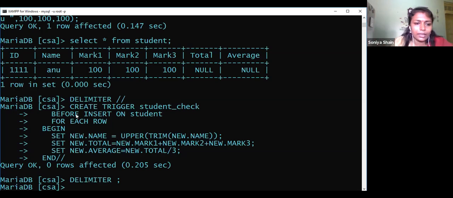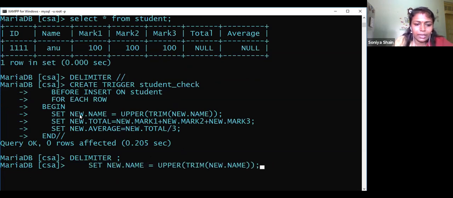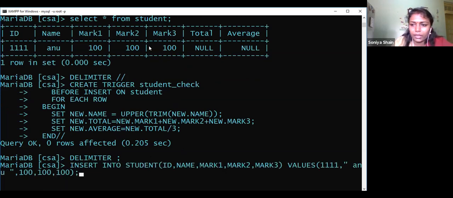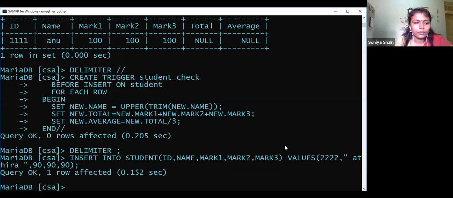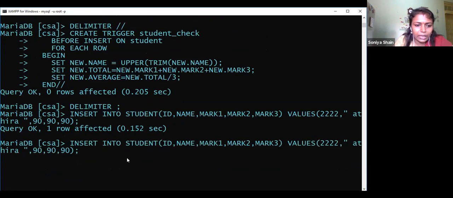Then after this, I am going to insert the data. The statement will be here now. We will update this. I am going to change the marks to 90, 90, 90, and I have to change the name also, because otherwise there will be duplicate primary key data. So I am giving 222, and let me change the name also. I am giving Adira. I have given the space also. Let us see what happens. Okay, one row affected. Let me see the content of that.